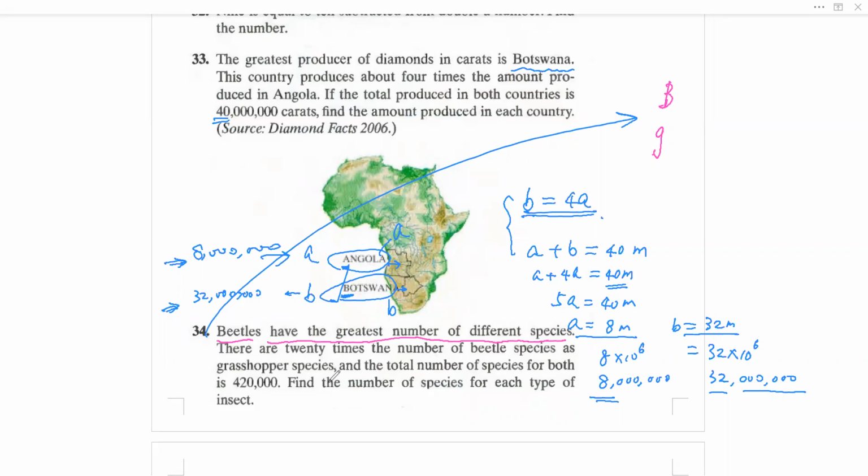So it means the beetles are 20 times the grasshoppers, right? And grasshoppers plus beetles totally is 420,000, right? Okay, so you can see it's easy. So B is 20 times grasshoppers. So you can just write G plus 20G equals